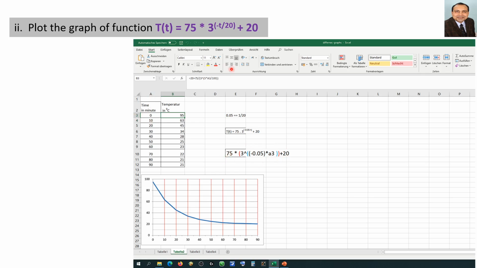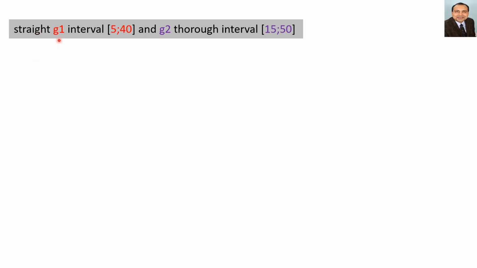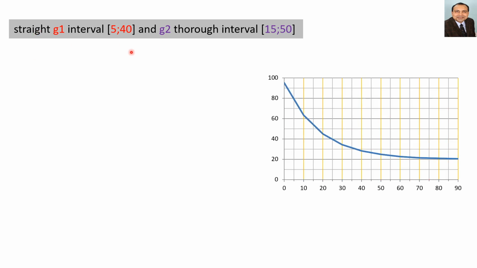So I have the same function, but I have not used multiplication; I have used division, so this minus power is resolved, and I have written 5 divided by 100 to express it in a different form. So this is your curve. State G1 and G2 on the interval, and the respective interval. How? The starting is 5 and 40, time in minutes.